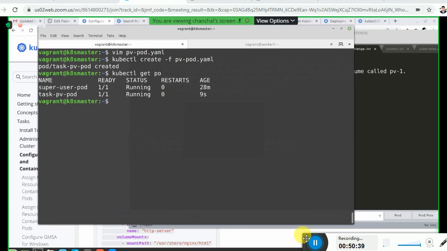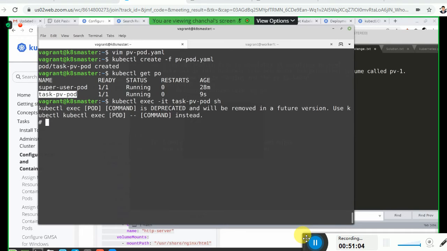Okay, it is running. So the task pod, if we can do an SSH or exec to that: kubectl exec -it pod name, this, sh. ls slash.